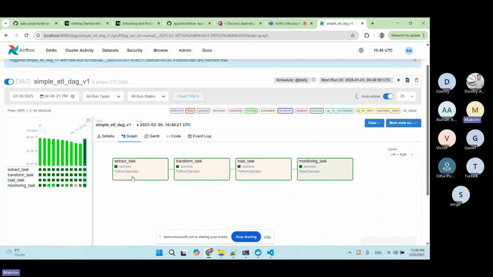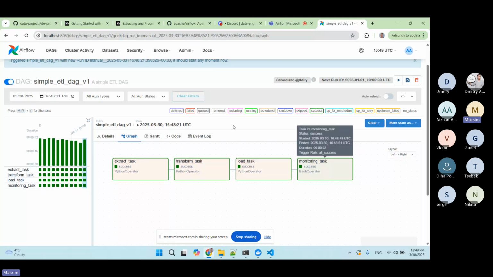Now we can see that all our tasks were executed successfully, and you can see here there is a legend on top of it, so that you can use this color legend to understand